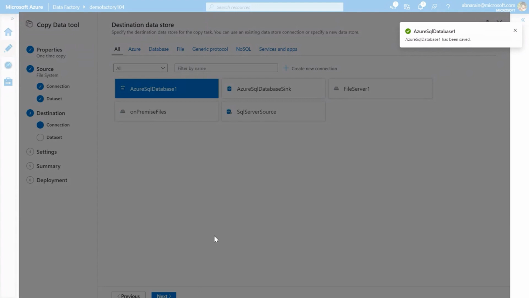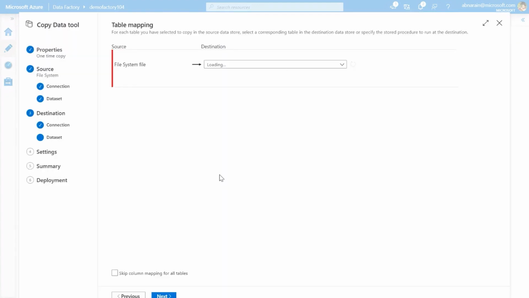I'm going to click on next here and highlight a quick functionality in Data Factory. For example, in case you don't have a table in your SQL database already created because you're loading it for the first time, then Azure Data Factory can help you create or generate those tables as well. So you can see that option: ADF queried the database.